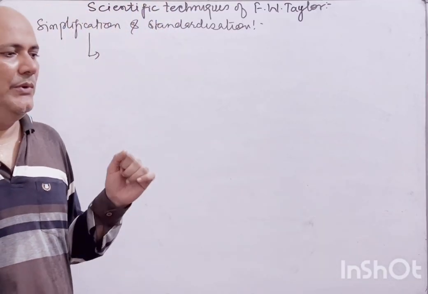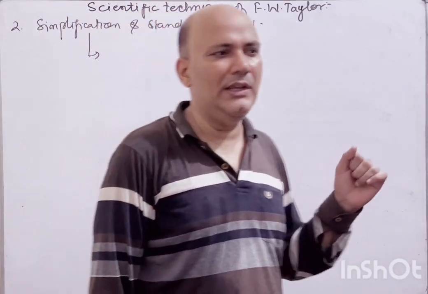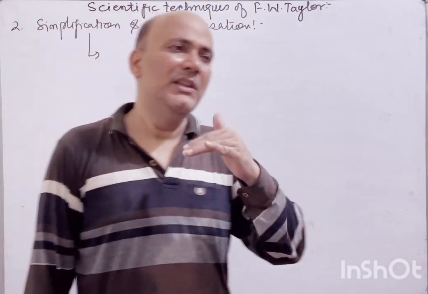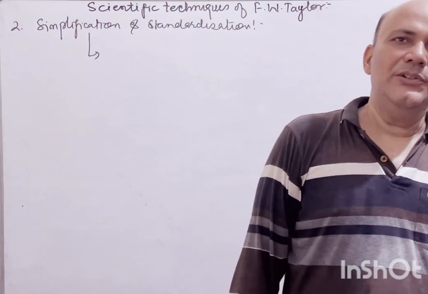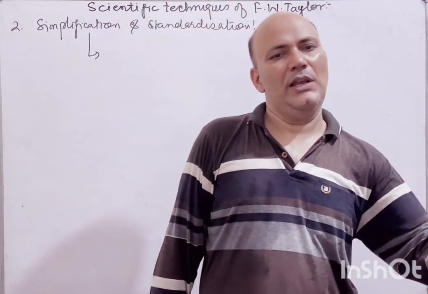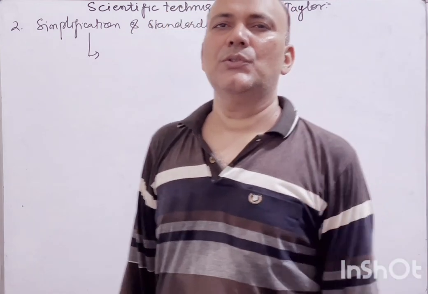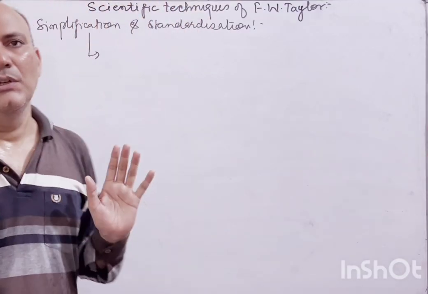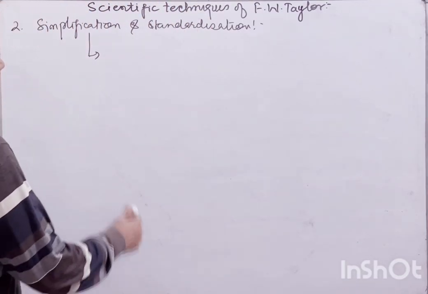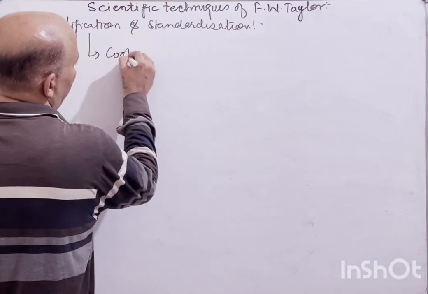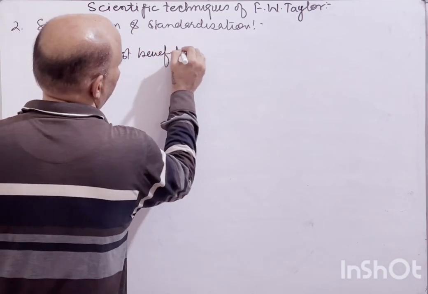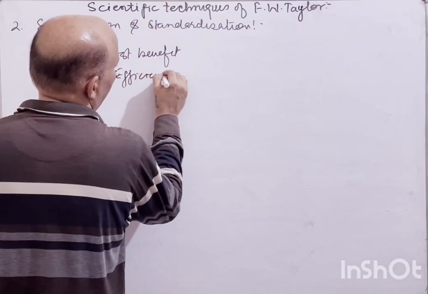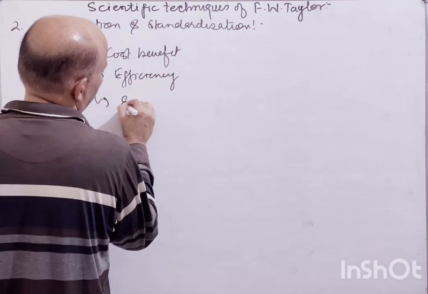process of work and we try to find out the unnecessary movement etc, or unnecessary complication we have, or unnecessary similar work we are doing. So we are trying to avoid all these things and we are trying to simplify the process of production so that the employee can perform the task in turnaround time and efficiently within the cost. That process is called simplification, right? So this is for cost benefit, this is for efficiency, and this is making the things easy,